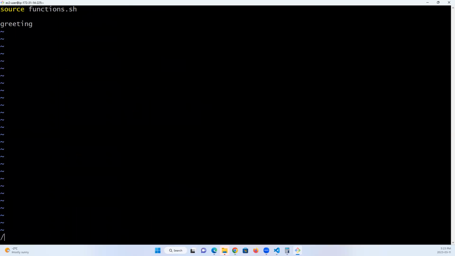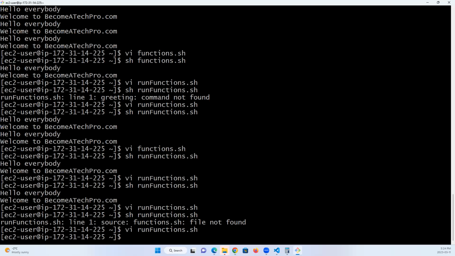Dot slash. I to insert, dot slash. It means the present working directory, saying in the present working directory, there's a file called functions. So you can see the different appropriate ways to use it. So now,